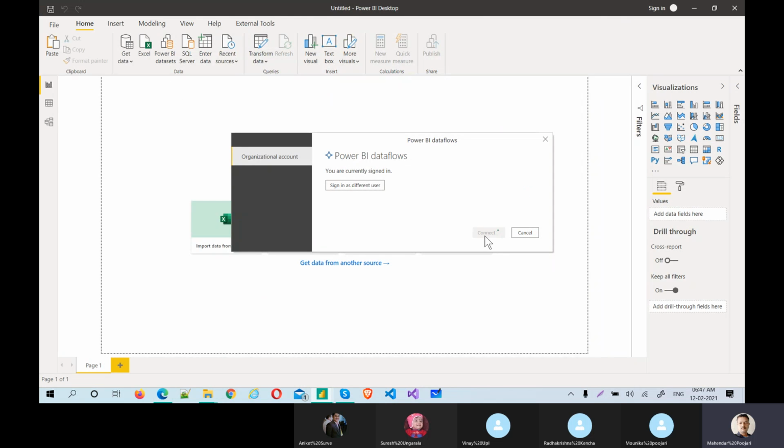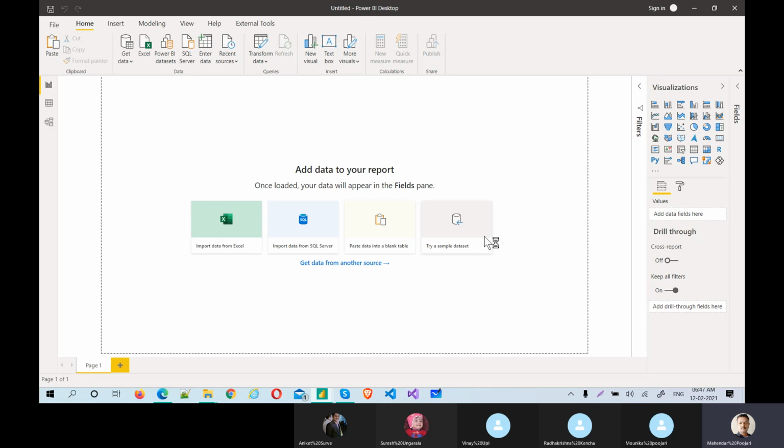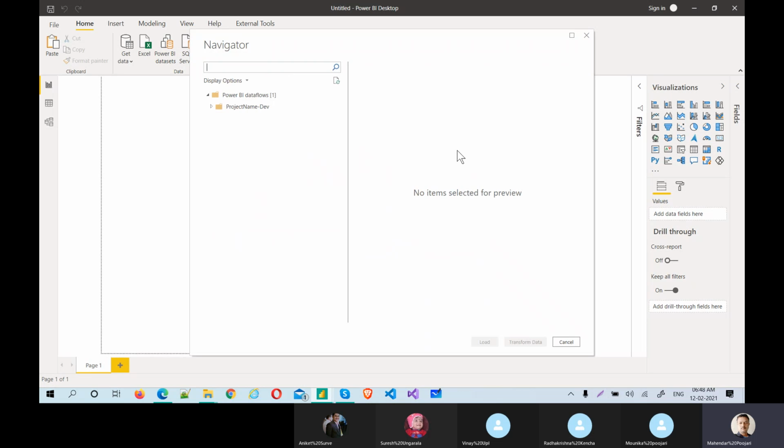Let's connect. What is the intent here? We are connecting to the data flow which we have created inside the data flows. The difference between data flow and Power Query Editor is that Power Query Editor does not require the gateway the first time, but for a data flow you should create the gateway first and then create the data flow. That is the difference, because that is online. So this is offline. First you create it offline, and see all the data flows that are available. I can see here, I can connect.